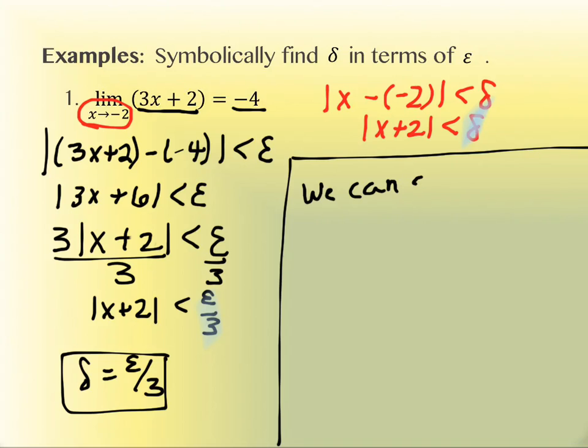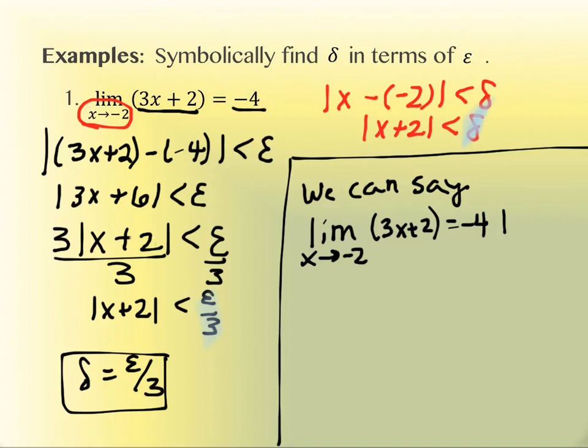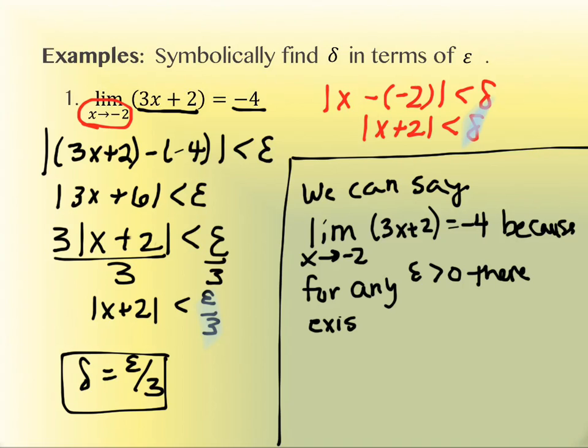We can say that the limit as x approaches negative 2 of 3x plus 2 equals negative 4 because for any epsilon greater than 0, there exists a delta equal to epsilon over 3, that's the value we just came up with, such that